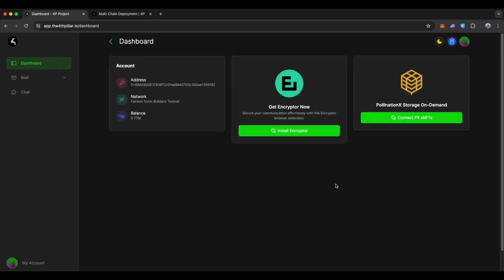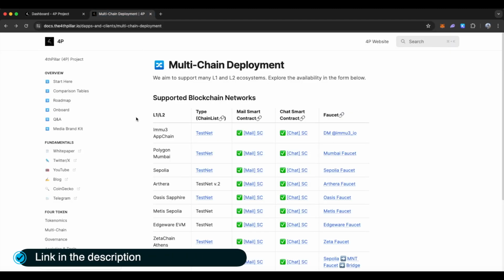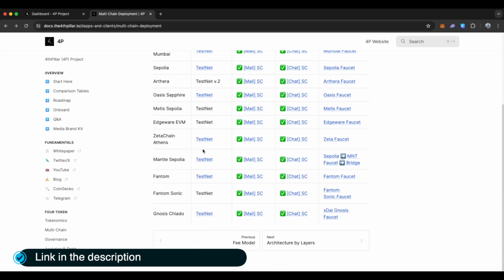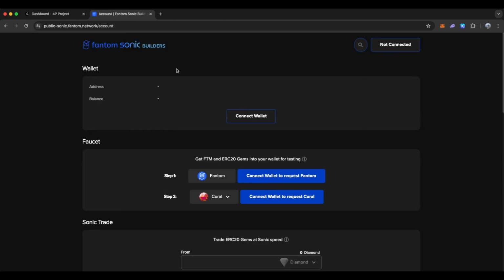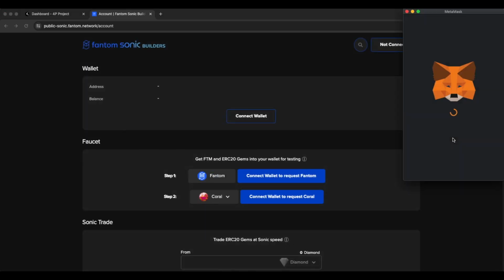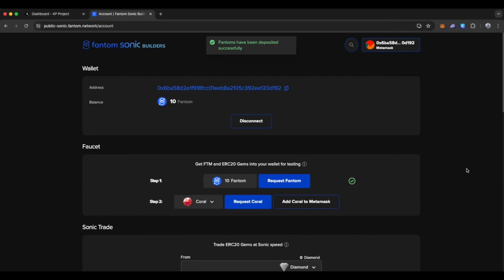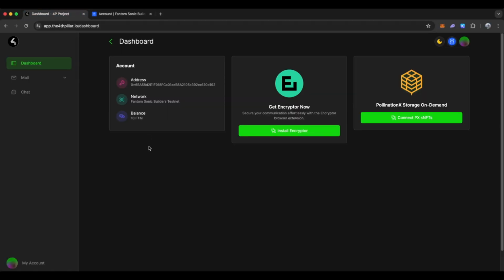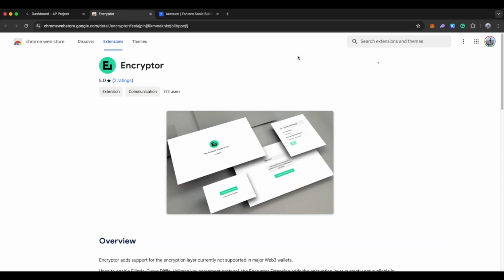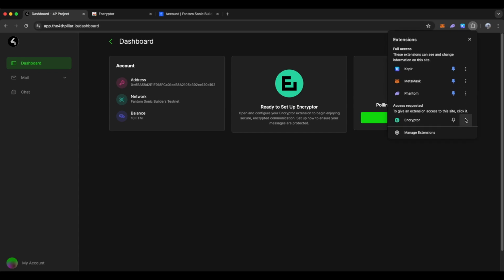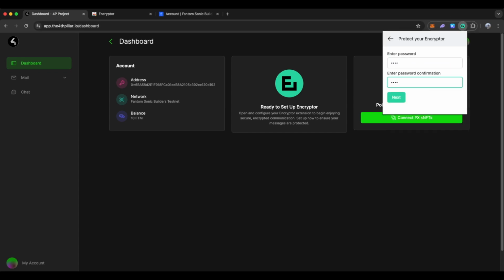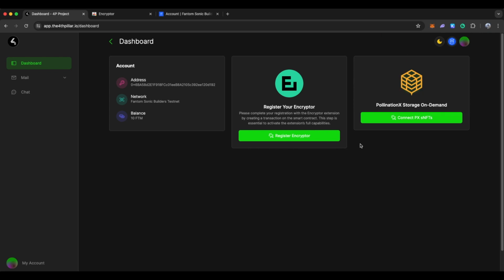Once connected, we require test tokens to execute actions in the app itself. They are obtained through the faucet table in our documentation. Next up, you'll need to install the encryptor extension. After installation, make sure to click Register Encryptor in the app